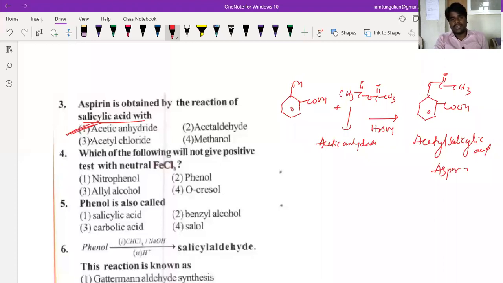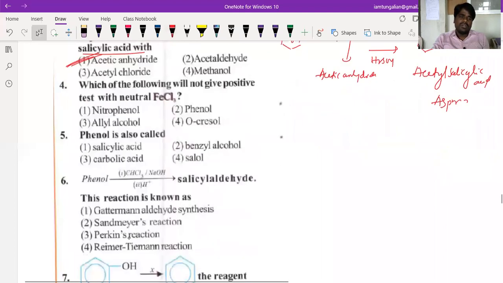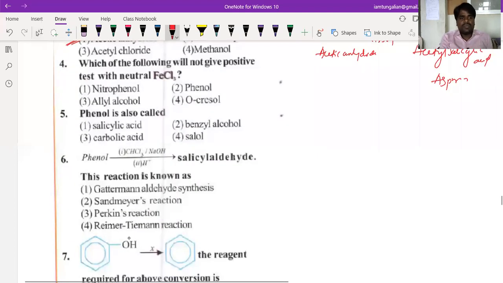Antipyretic as well as analgesic drug. It is used as an antipyretic as well as what, beta? Antipyretic means which reduces the body temperature. Analgesic means which reduces the body pain. Right? So if you look at question number 5, beta, phenol is also called as...